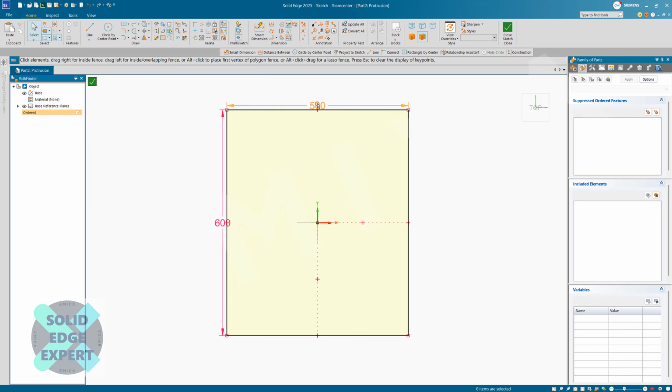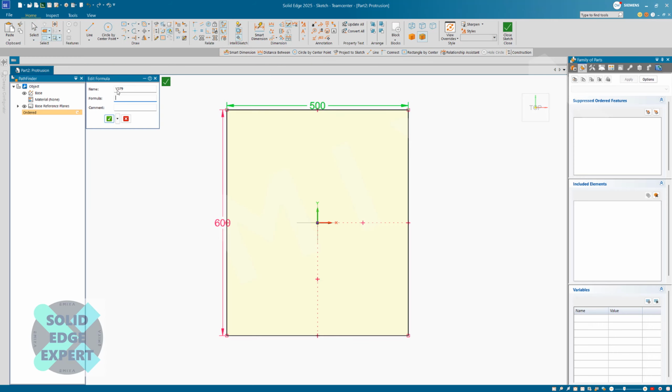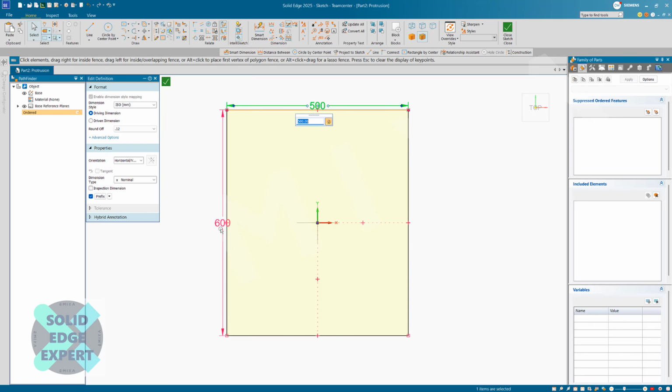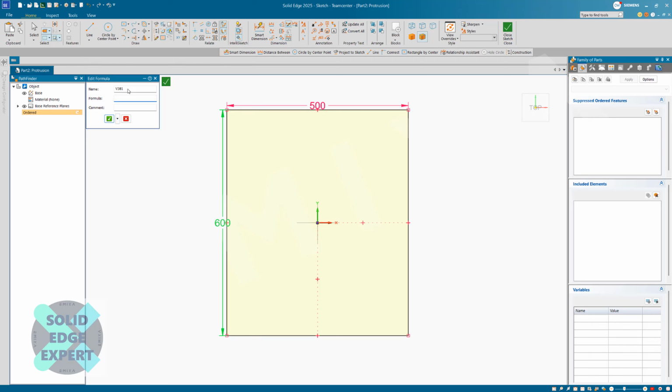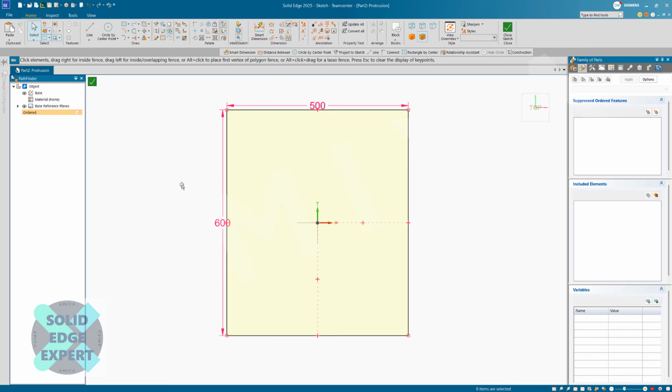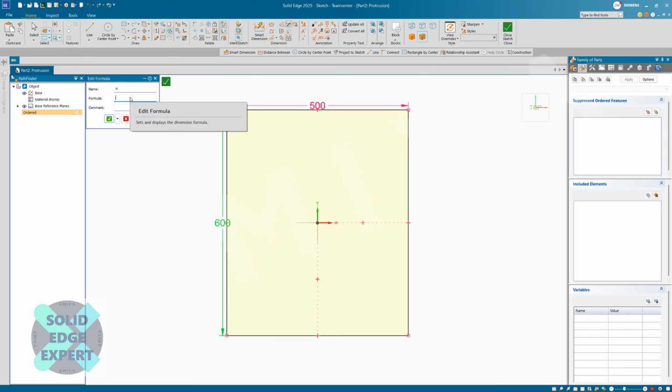Okay, at this point I'm going to just press escape. I'm going to double click on this one and change this to W, and I'm going to change this one to H. So we're just changing the name at the top on there. We're not doing anything with the formula yet. Actually, we will do a little change of the formula. We're going to make that one equal